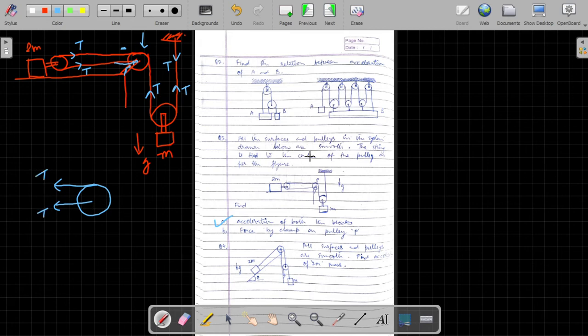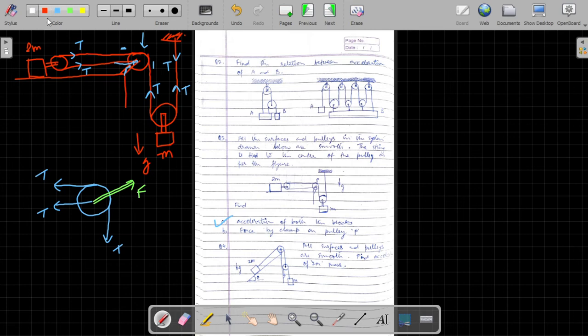There is no mass of the pulley. The tension T which is acting in downward direction, this tension T, and the force due to clamp. So let us say the force due to clamp is acting in some random direction, F. So these are the forces which are acting on this pulley. Since we do not know the forces eventually, and it is the second part of the question, let us draw the constraint relations.